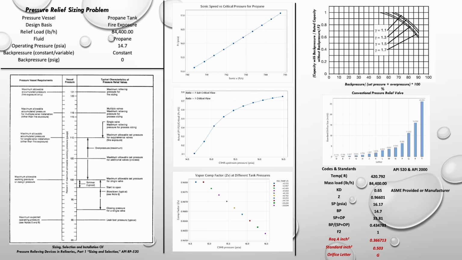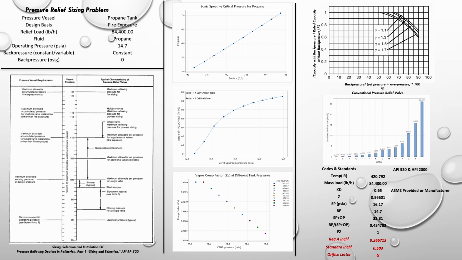The back pressure, now the back pressure is essential because you have to completely define that. If you are sharing a header with other equipment, like a header that's going to a flare, most likely your back pressure is not atmospheric. That's very well said. Yeah, because that system might have some pressure in it. And you have to account for that because your driving force is going to be impacted. However,